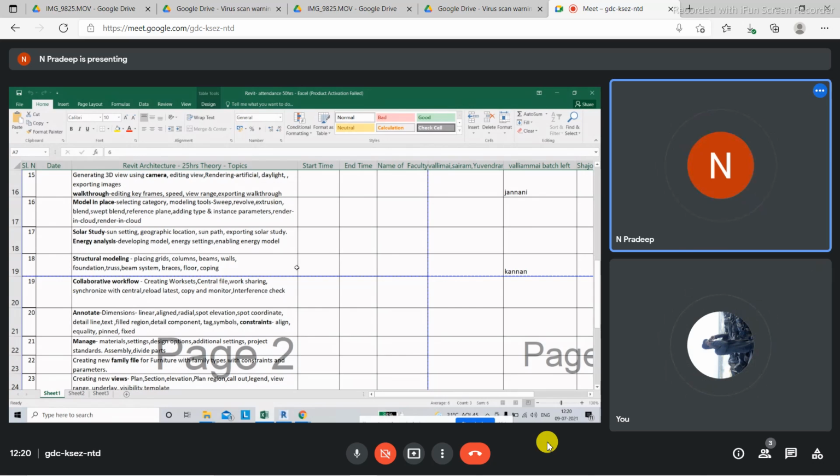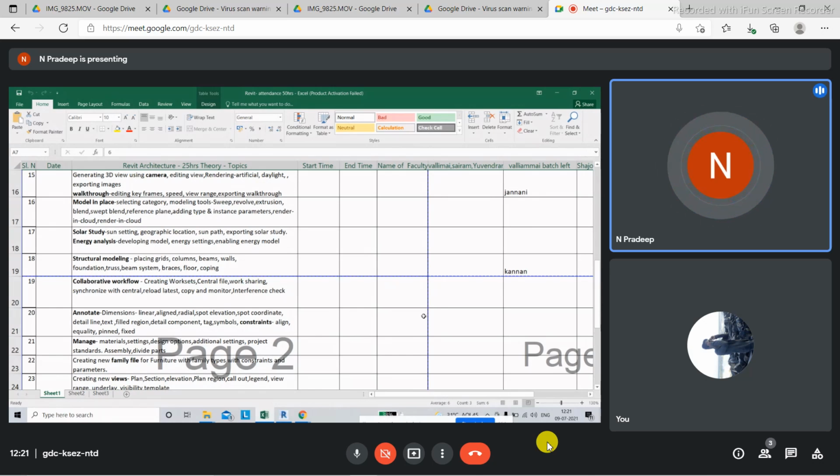Now for executing this kind of work, the company will require a server. A server is a common folder where all three people from three different places can access it. You can access the file from Nepal, I can access the file from Chennai, and the MEP person can access the file from Mumbai.